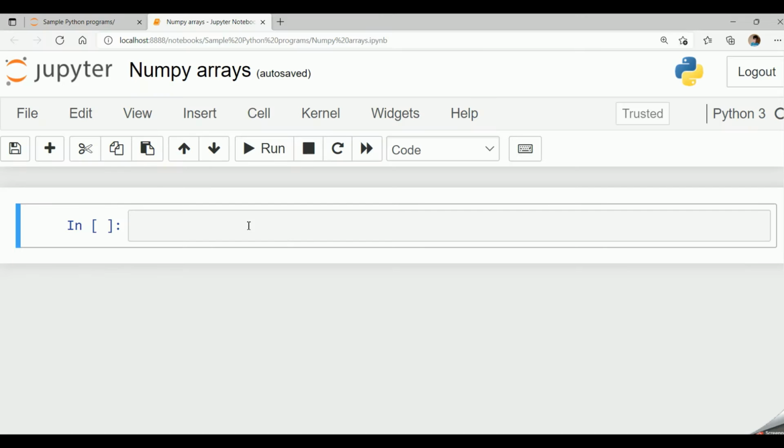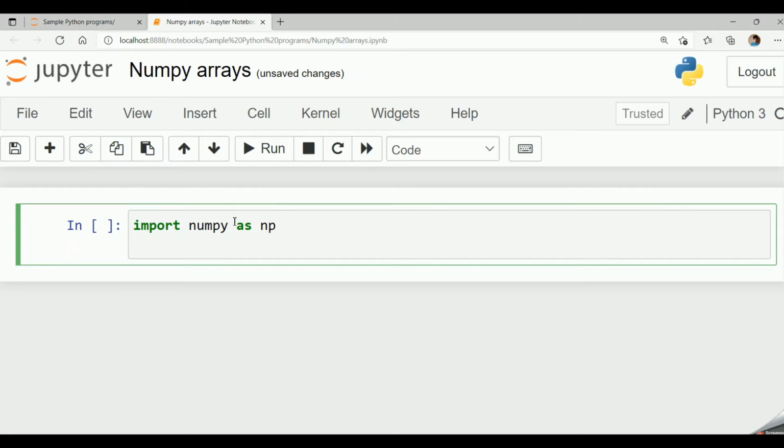So friends, firstly for working with NumPy arrays, we have to import NumPy as np, the alias name, and then a equal to np.array. Array is the function to which I am passing a list of elements 10, 20, 30, 40, 50.